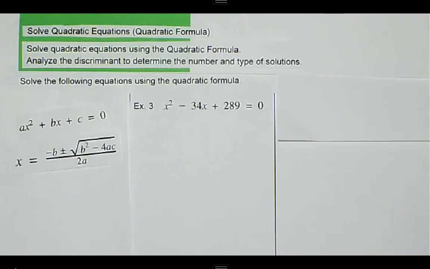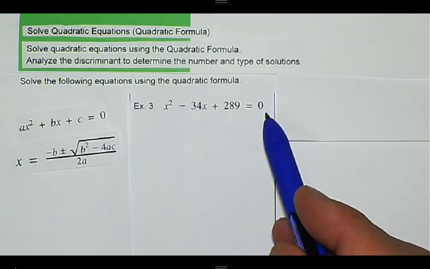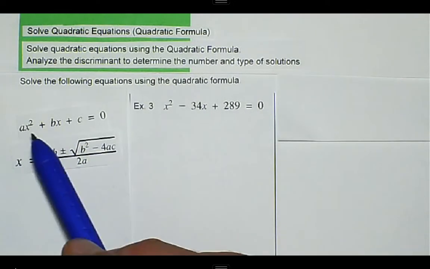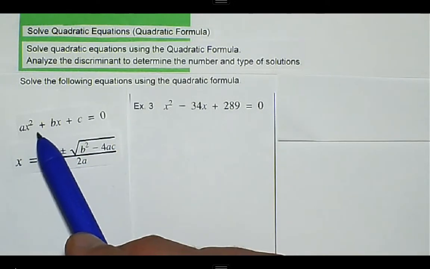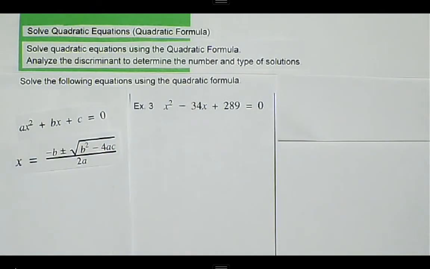We want to solve quadratic equations using the quadratic formula. And here we have the quadratic formula. This one, for example, already starts out where one side of the quadratic equation is equal to 0. So we have the quadratic expression on one side, 0 on the other, so we can go right into